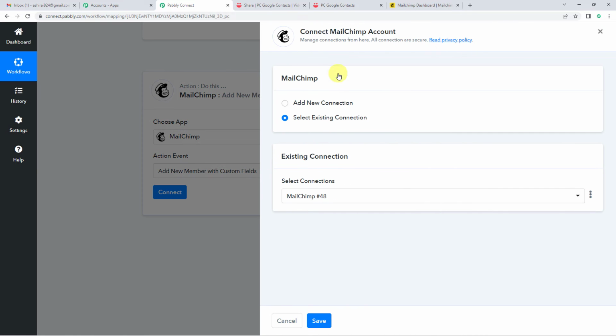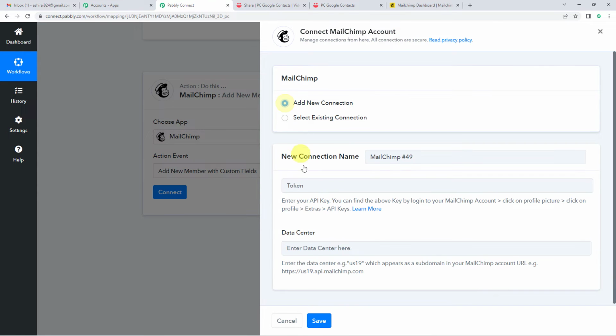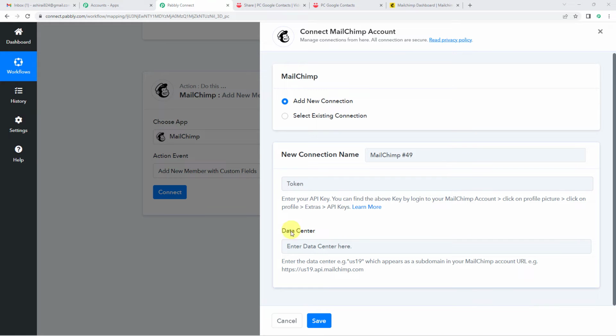So let us connect, add new connection, and now it needs various fields like token and data center. So let us first take a look at what data center is. For that, we are going to read the help text below. Enter the data center, example US19, which appears as a subdomain in your Mailchimp account URL. Alright, so for that, we will have to go to our Mailchimp and then check the URL. And from the URL, this US and then 2-digit code is going to be a